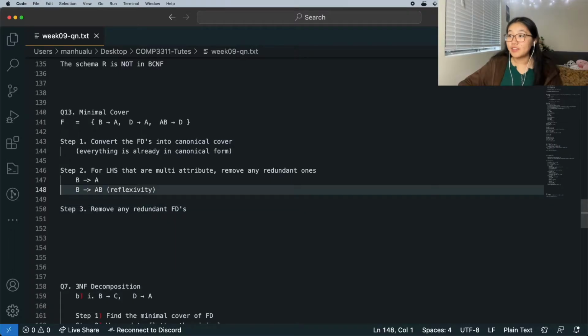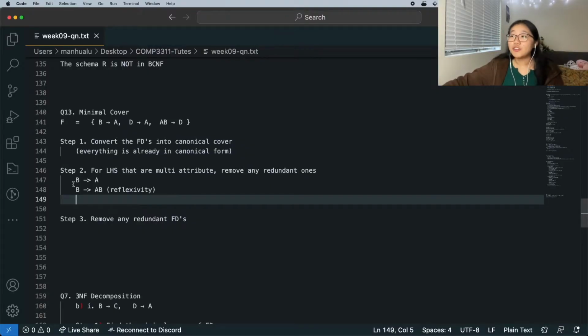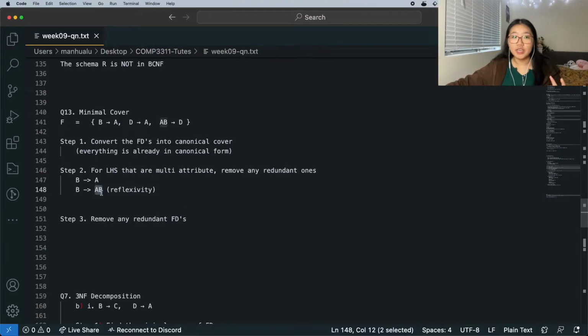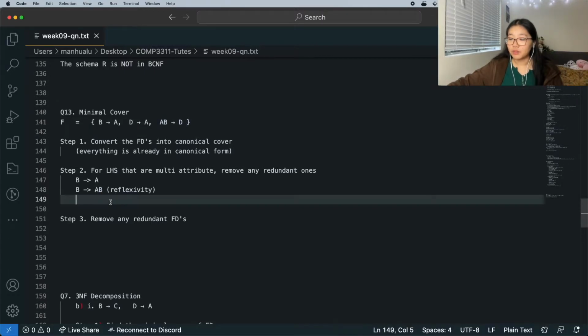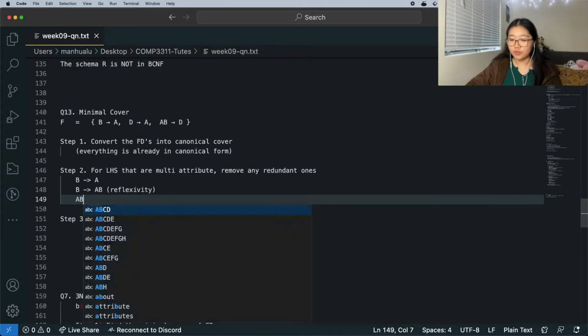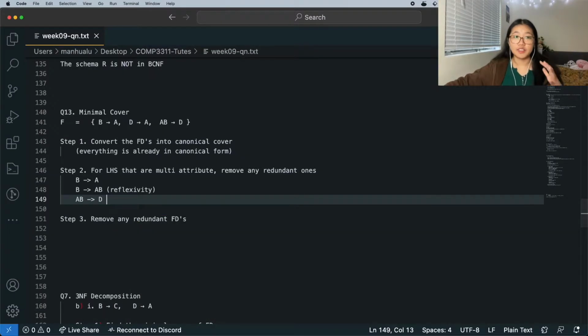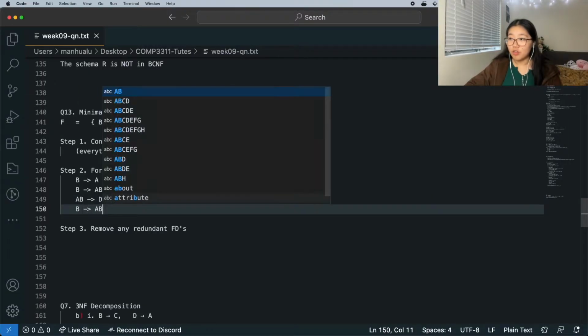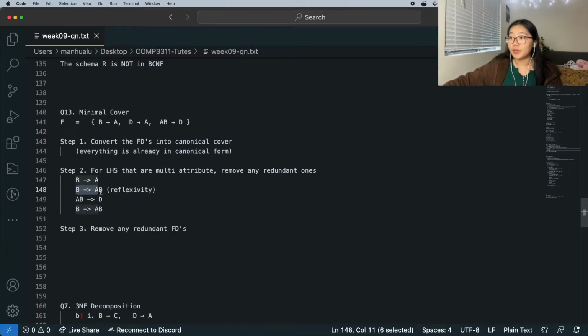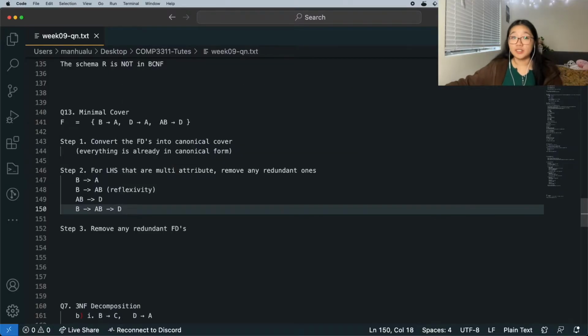Okay, so that is the first thing that we can infer from this first functional dependency. Easy, right? And you should already see something similar, because there is this AB here. What you will realize is there's also an AB here, because the last functional dependency says that AB gives us D. Now, if you think back to your transitivity rule, based on the ones we've just come up with, B gives us AB, and then because of this functional dependency, AB also gives us D. So this is because of the transitivity rule,